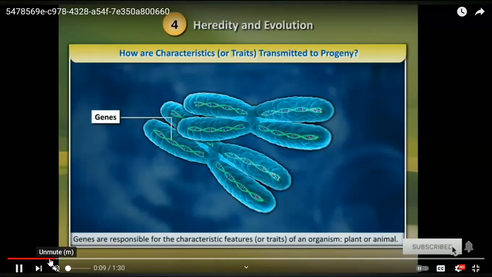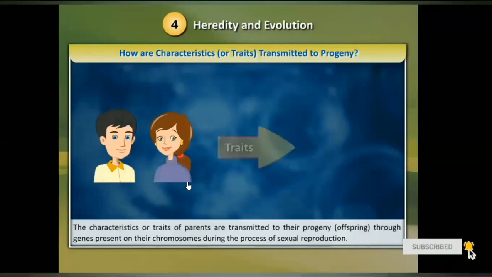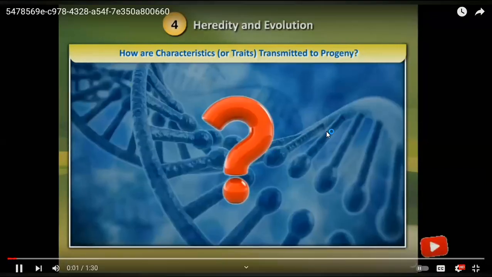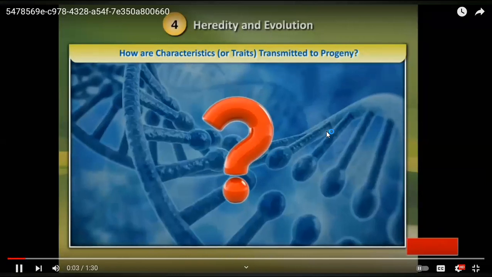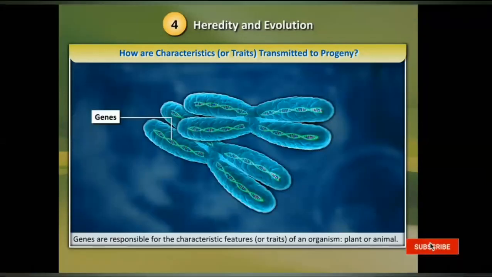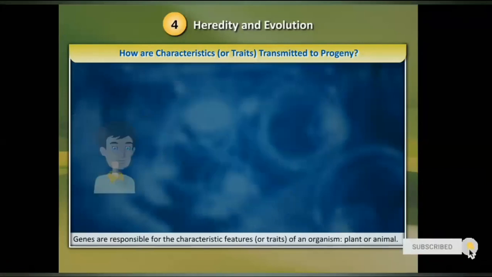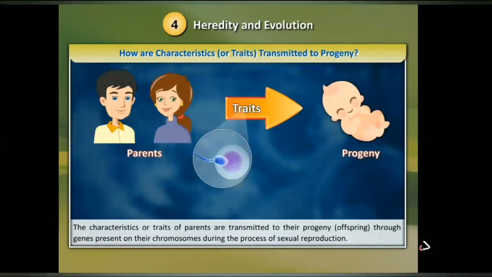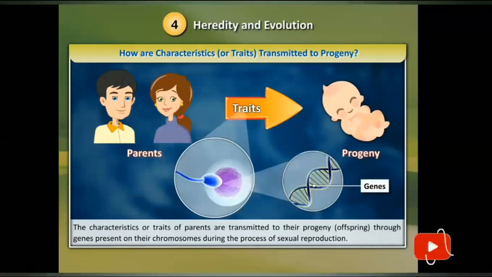Of an organism, plant or animal. The characteristics or traits of parents. How are characteristics or traits transmitted to progeny? Genes are responsible for the characteristic features or traits of an organism, plant or animal. The characteristics or traits of parents are transmitted to their progeny, offspring, through genes present on their chromosomes during the